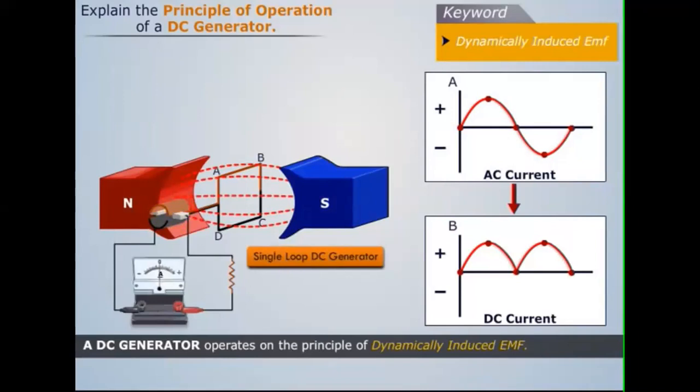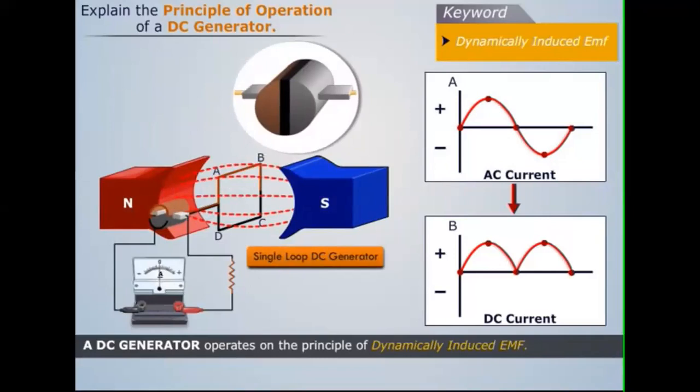These split rings are made of a conducting cylinder which is cut into two halves or segments, insulated from each other by a thin sheet of some insulating material like mica. The ring segments are also kept insulated from the central shaft and are connected to the ends of the coil and the carbon brushes.